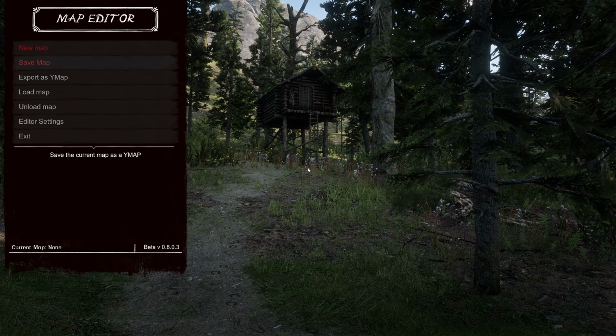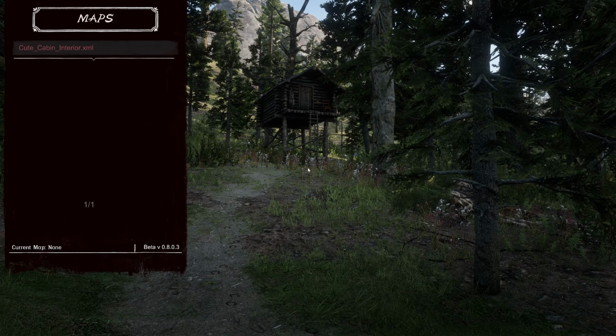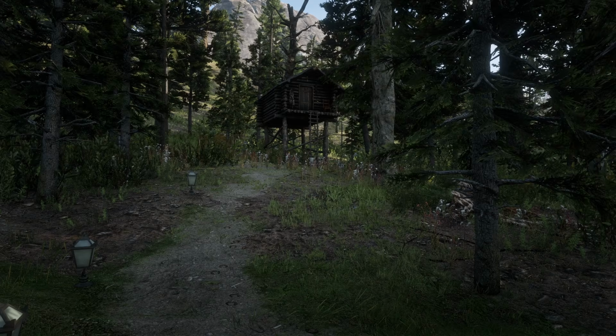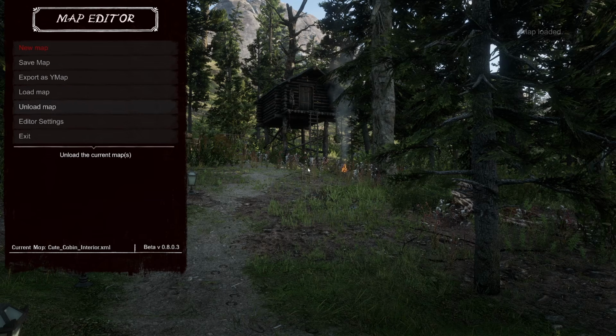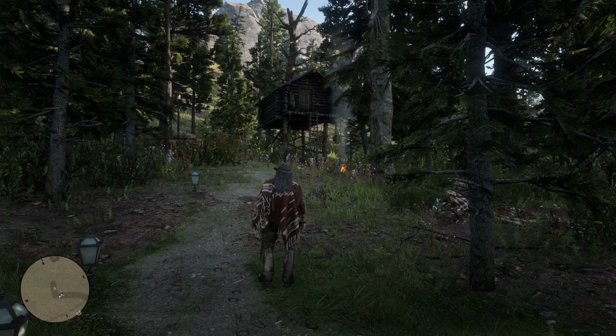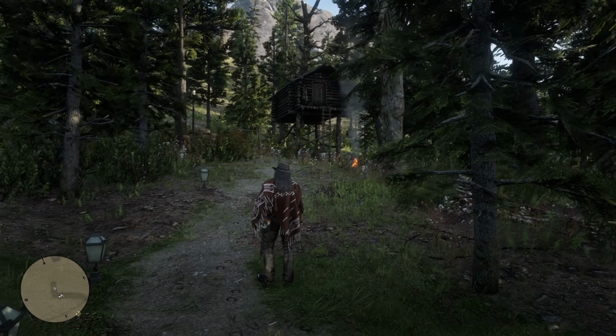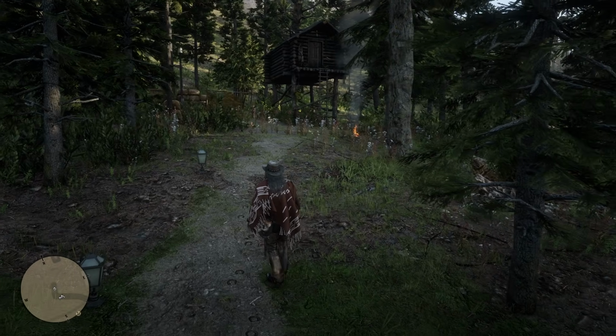So then we're gonna go to load map and Cute Cabin interior. Looks like it's doing something. The directions do say to load the interior first, so good deal. Then we'll exit. And then next, using Rampage,